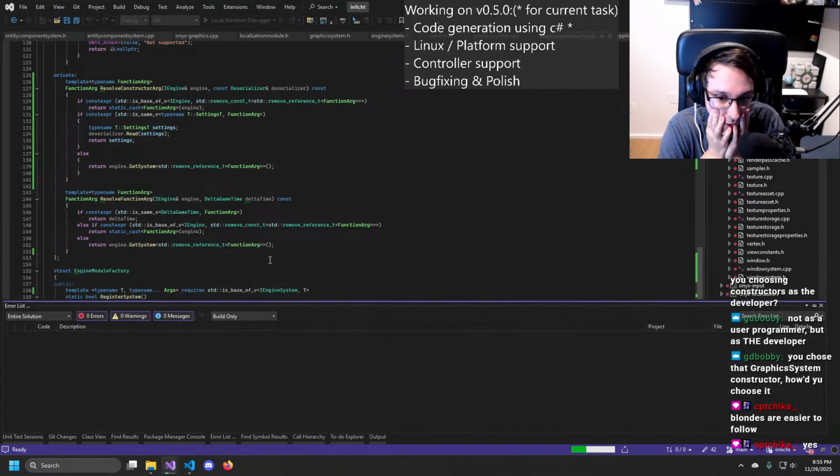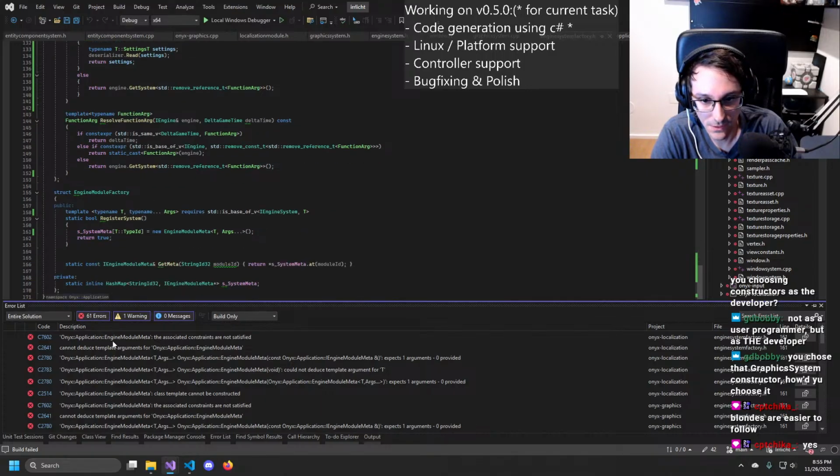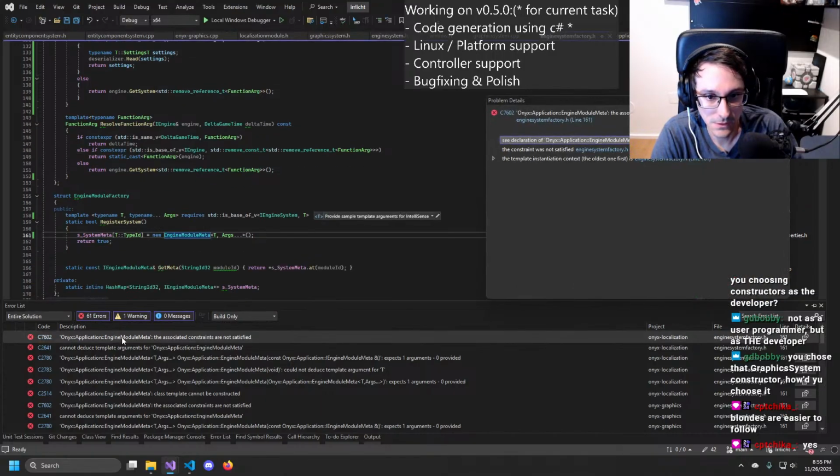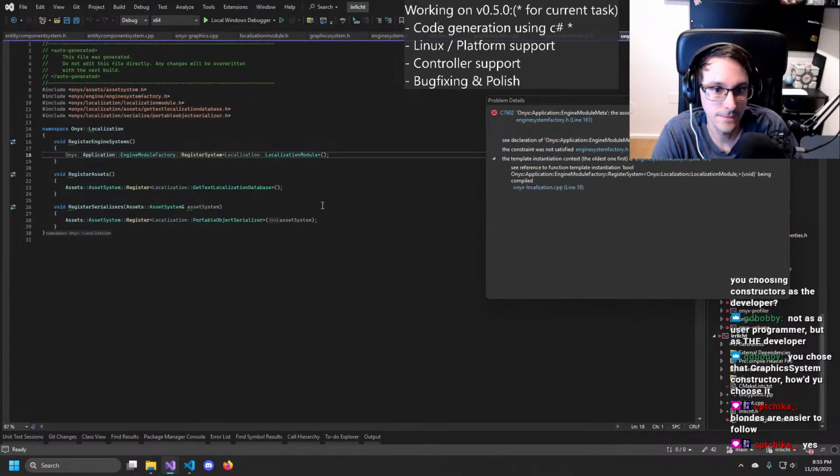Let's see how far we get with that. The associated constraints are not satisfied. Why?